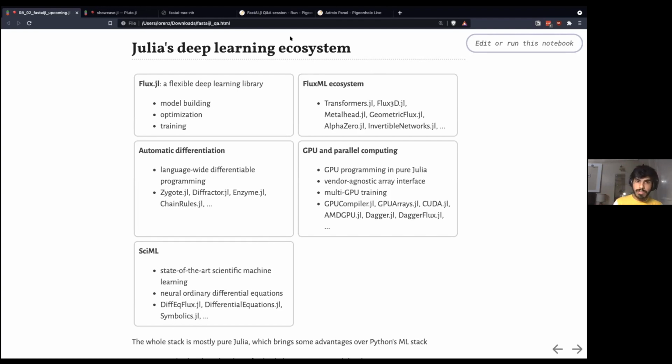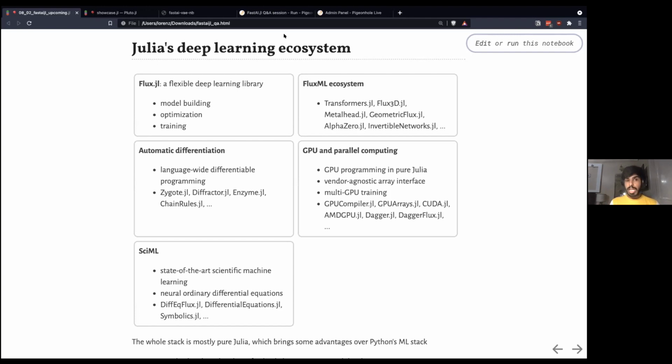Not just that, we have things like a completely agnostic array interface, which means that, for example, the Julia language is putting out this thing called libblastrampoline. Flux so far used the BLAS which just shipped with Julia. And if we wanted to switch it out for an MKL or an Eigen, typically it means that we have a lot of integration, a lot of glue code that goes into it.